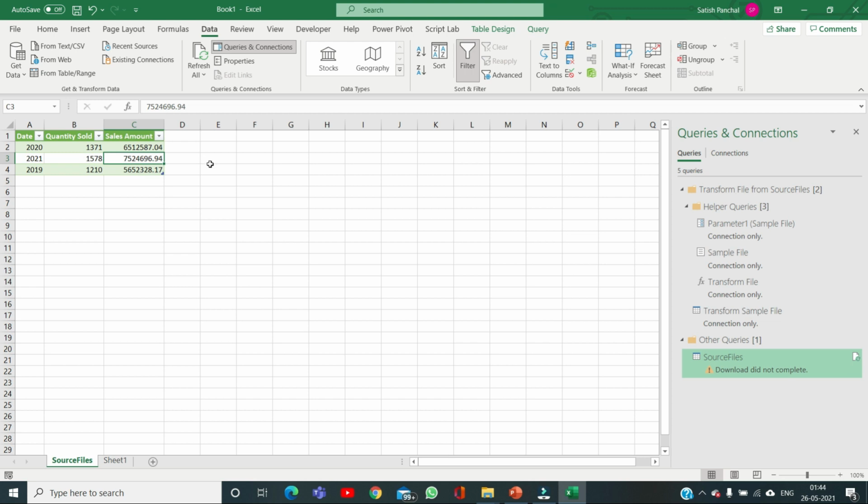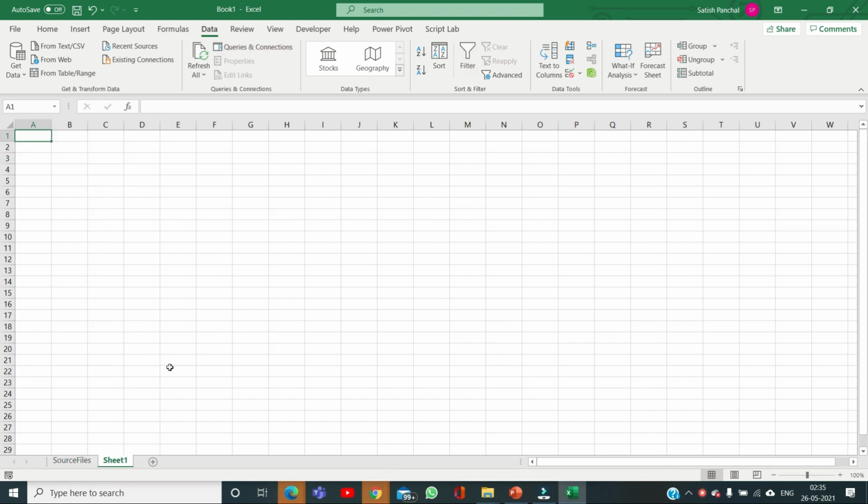See, this is the simplest method of importing data from a folder into Excel. Now we want to make sure that if data is coming, it may have different sheet names because it is coming from different people. Different persons can have different names of sheets. We cannot control that. These are three files. There may be 300 files. How will you rename them all? What to do? I will show you in my next video how to handle these kinds of errors in Power Query.